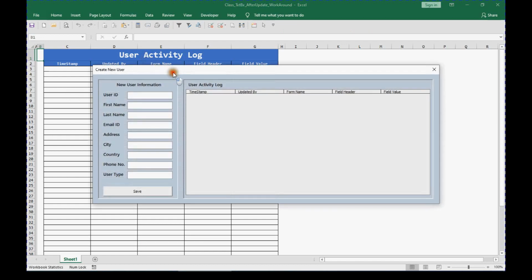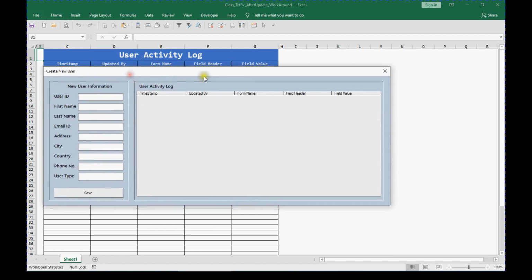So this is a kind of sample user form which has certain text boxes and one combo box. I created this as a sample user form. Most probably it will be a sub user form to a main application, where we want to capture what information is added or edited by any particular user.